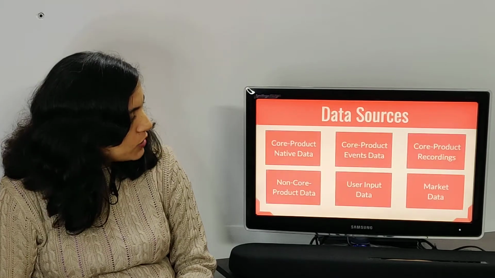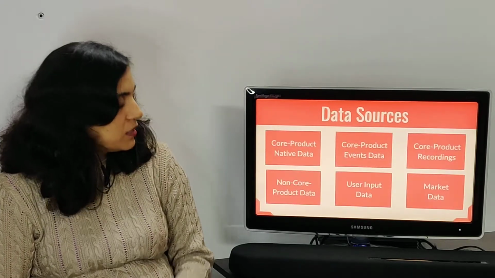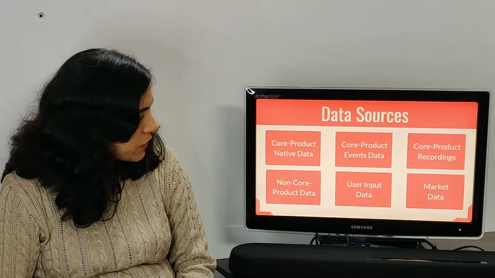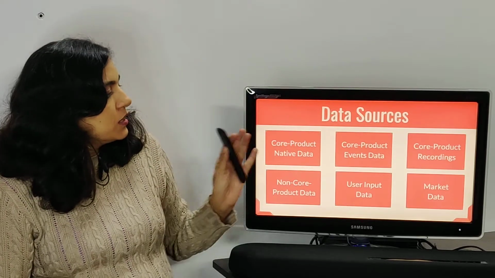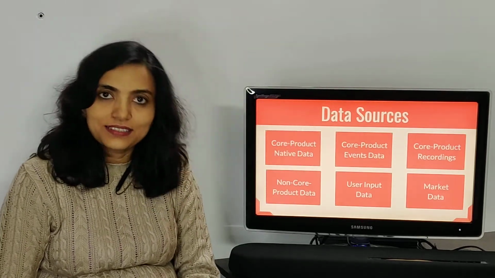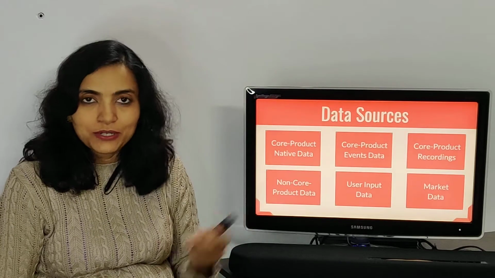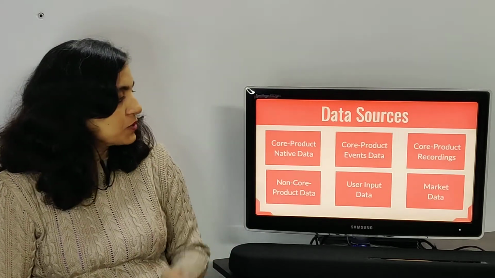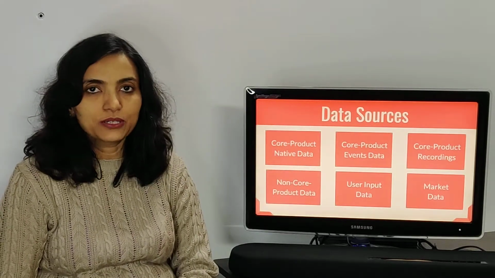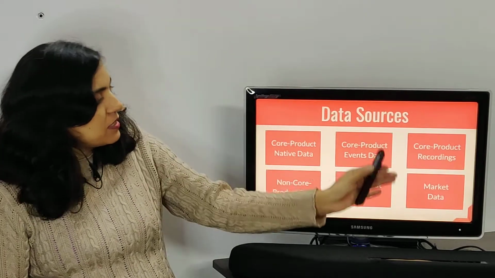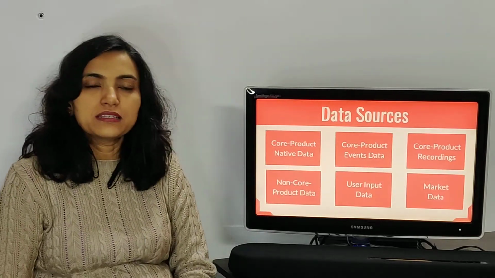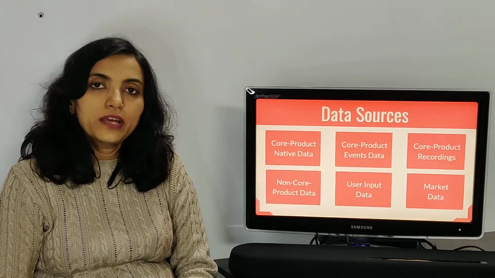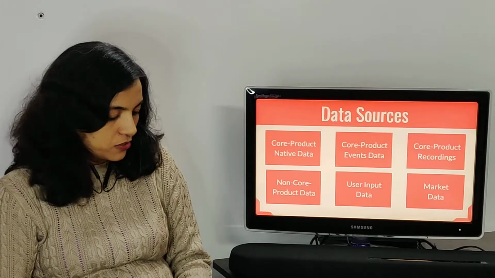So you have all these sources of data that you can use for answering your questions. Now, the list that I have here is just illustrative. I'm sure you can come across many other different examples of data sources which may or may not fit into these boxes, and that is fine. But even as an illustrative list, it is fairly comprehensive, and it at least tells you where to start looking for data to answer your questions.